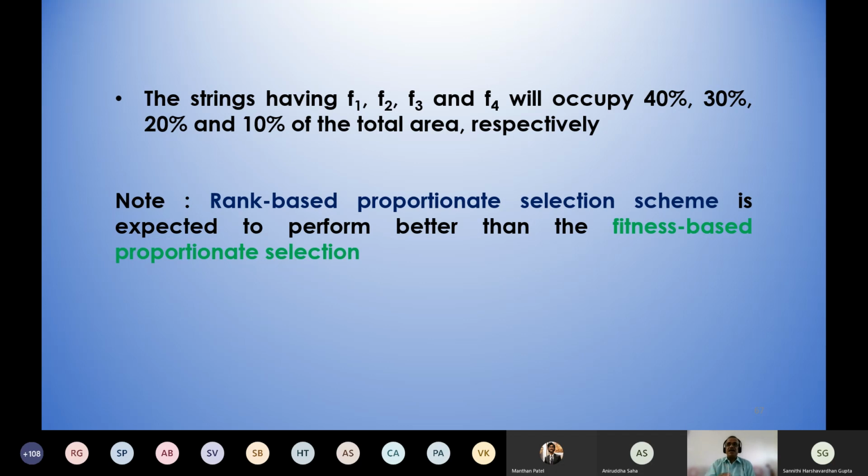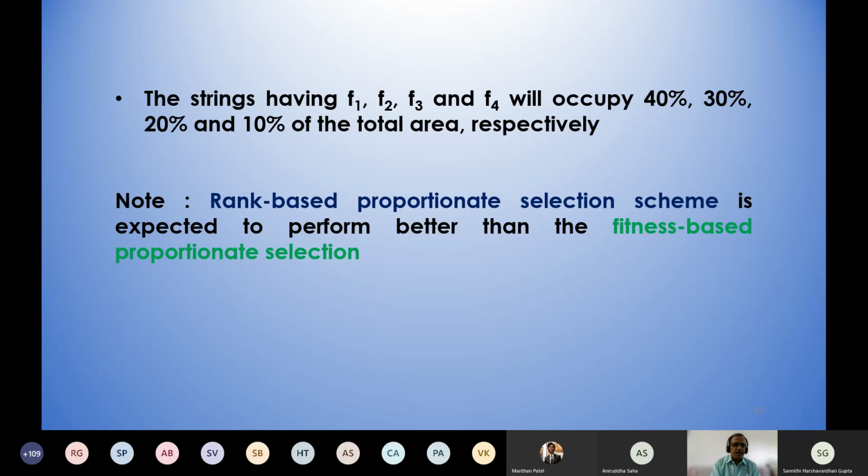Now, to avoid confusion, let me repeat the things which I discussed in today's class. At the beginning, I discussed how to implement the roulette wheel selection or the proportionate selection, that is the oldest method of reproduction scheme in the computer program. After that, we discussed how to overcome the premature convergence problem of the roulette wheel selection using the principle of ranking selection. So in today's class, till now I have discussed only these two things. I hope I'm clear to all of you.